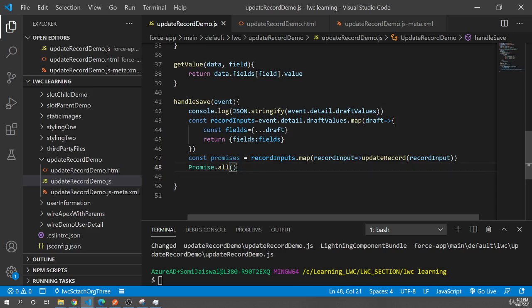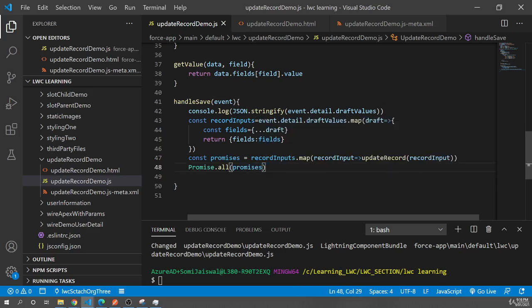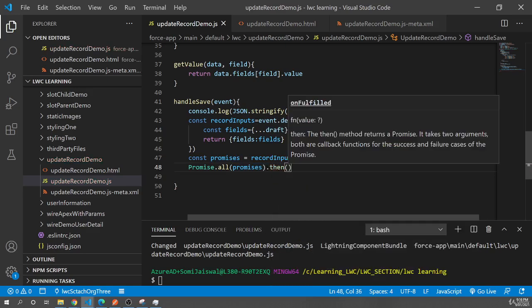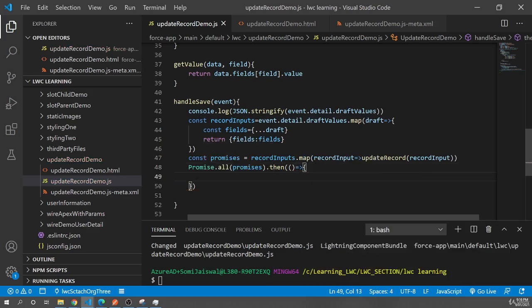It will be like this, like a first call, then the second call. In the array format it will come. Okay, so we'll pass the promises, and when all promises are completed, you can print in the console.log, contact updated successfully,